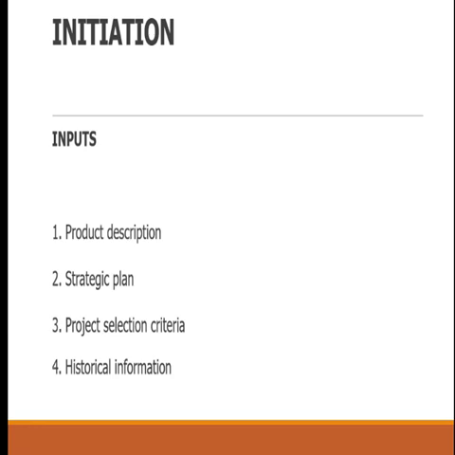So input number 1, product description. What are we producing? You want to start a project. You got a job with the United Nations, and you have been made the country supervisor of Zimbabwe, and the first task is to reduce the child deaths or the maternity deaths in that country from 10% to 4%. If you don't understand the goal and the product and the output expected, you can't start it. So you need to understand, and it must be clearly described.